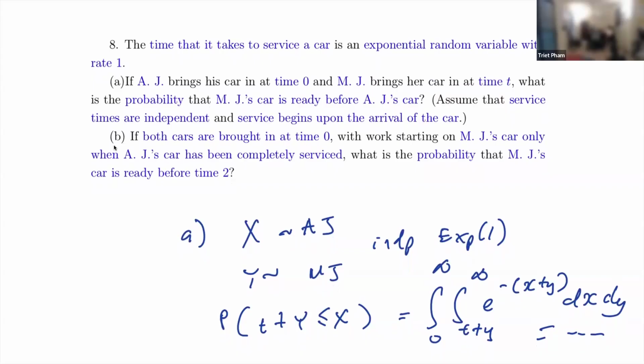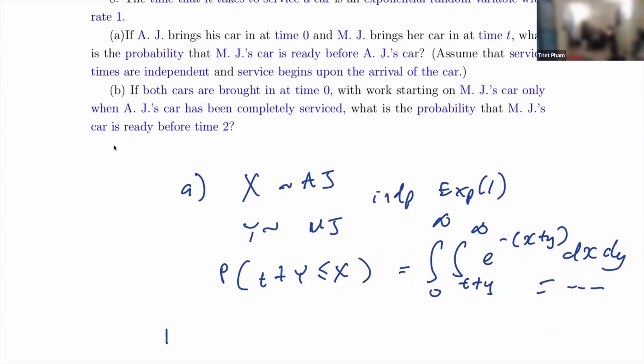Why? It works on one car, and it doesn't matter which one. MJ only starts after the other one is finished. What does that mean? That means that the time for one of them to finish is the sum. You have to take a look at the sum. So the probability that x plus y is less than or equal to 2,